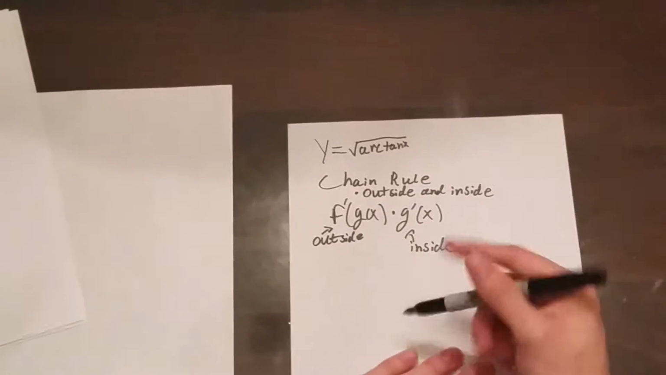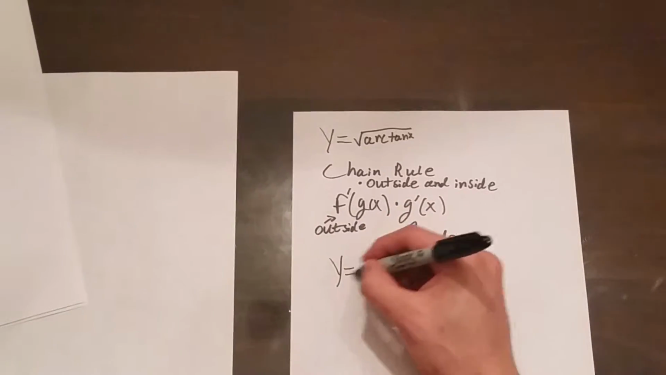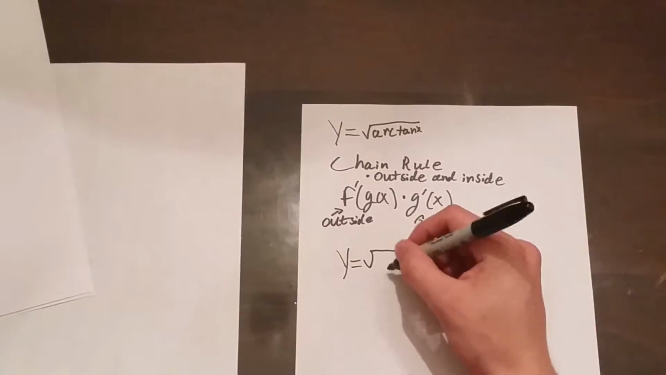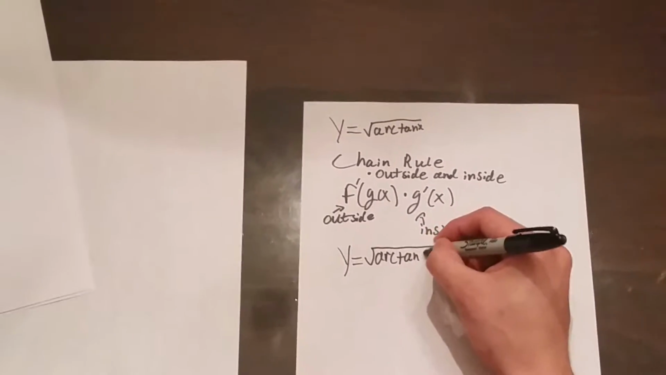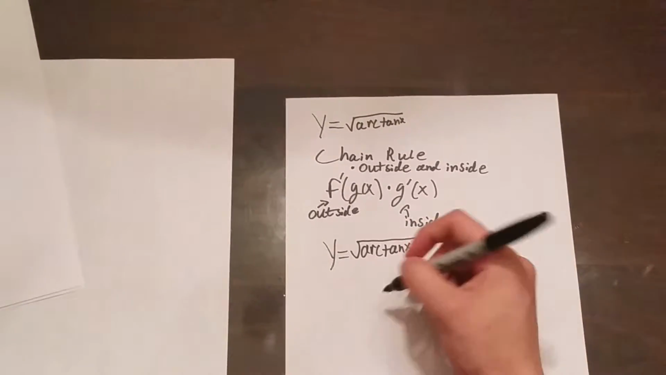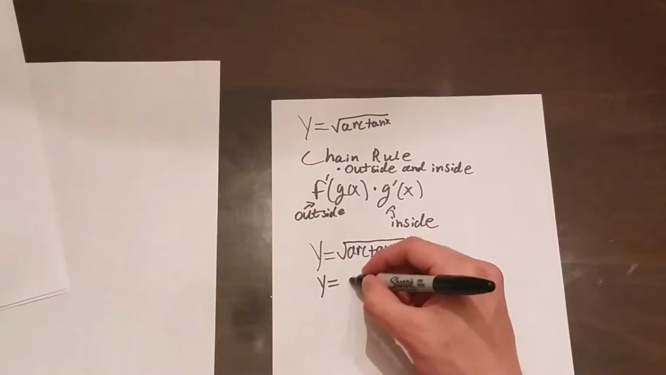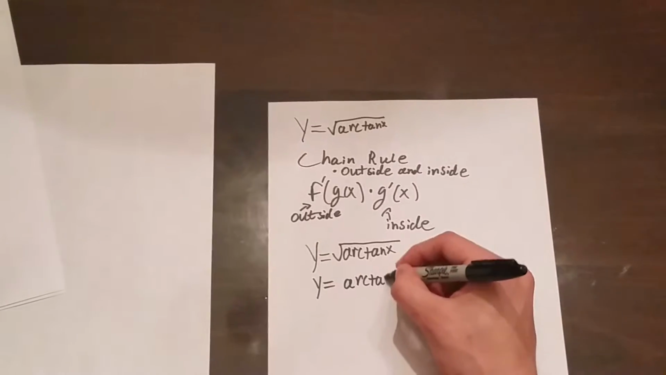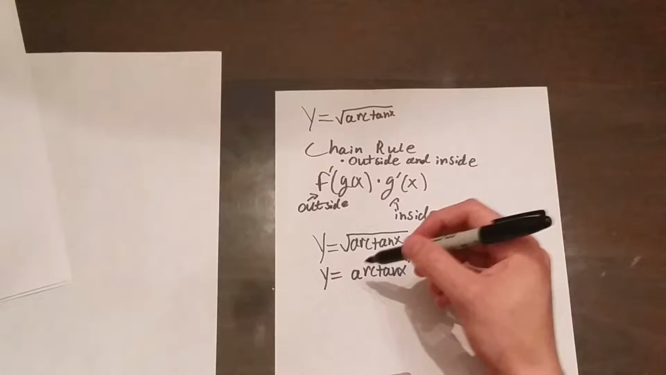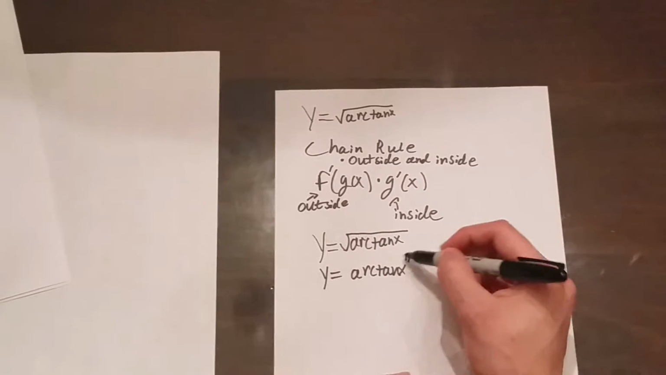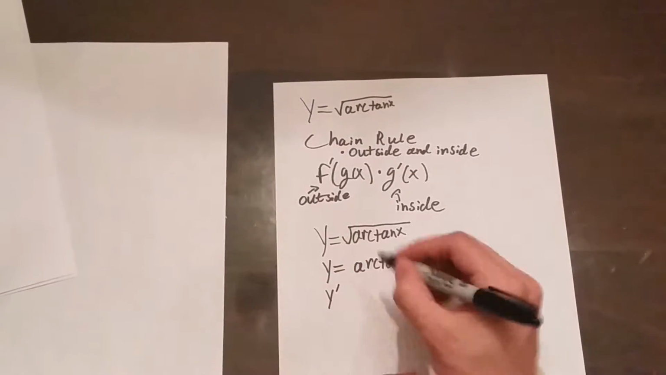So for the problem itself, we would write down the problem again. Y equals the square root of arctangent x. And a simpler way to write this down is arctangent of x to the power of 1/2, since we know that the square root of any function is really just to the power of 1/2. Now we can take the derivative of this,